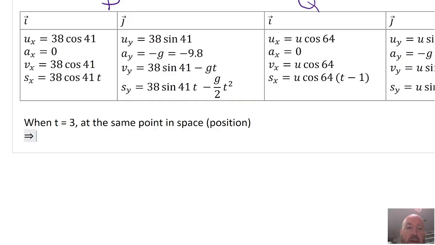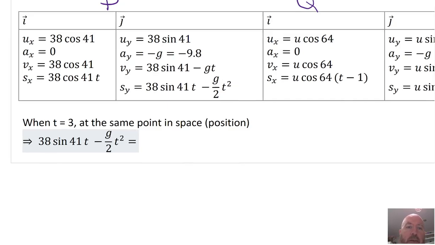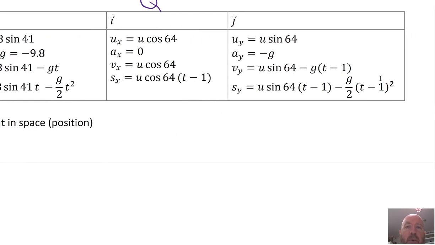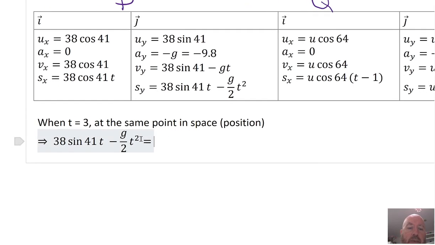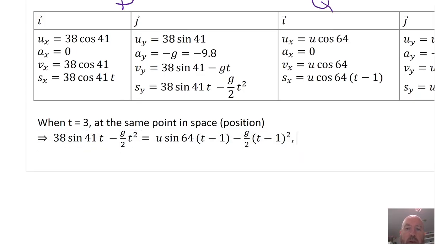So this means that the height of P, this 38 sine 41, has to be equal to this u sine 64 thing. So this means, when t equals 3,